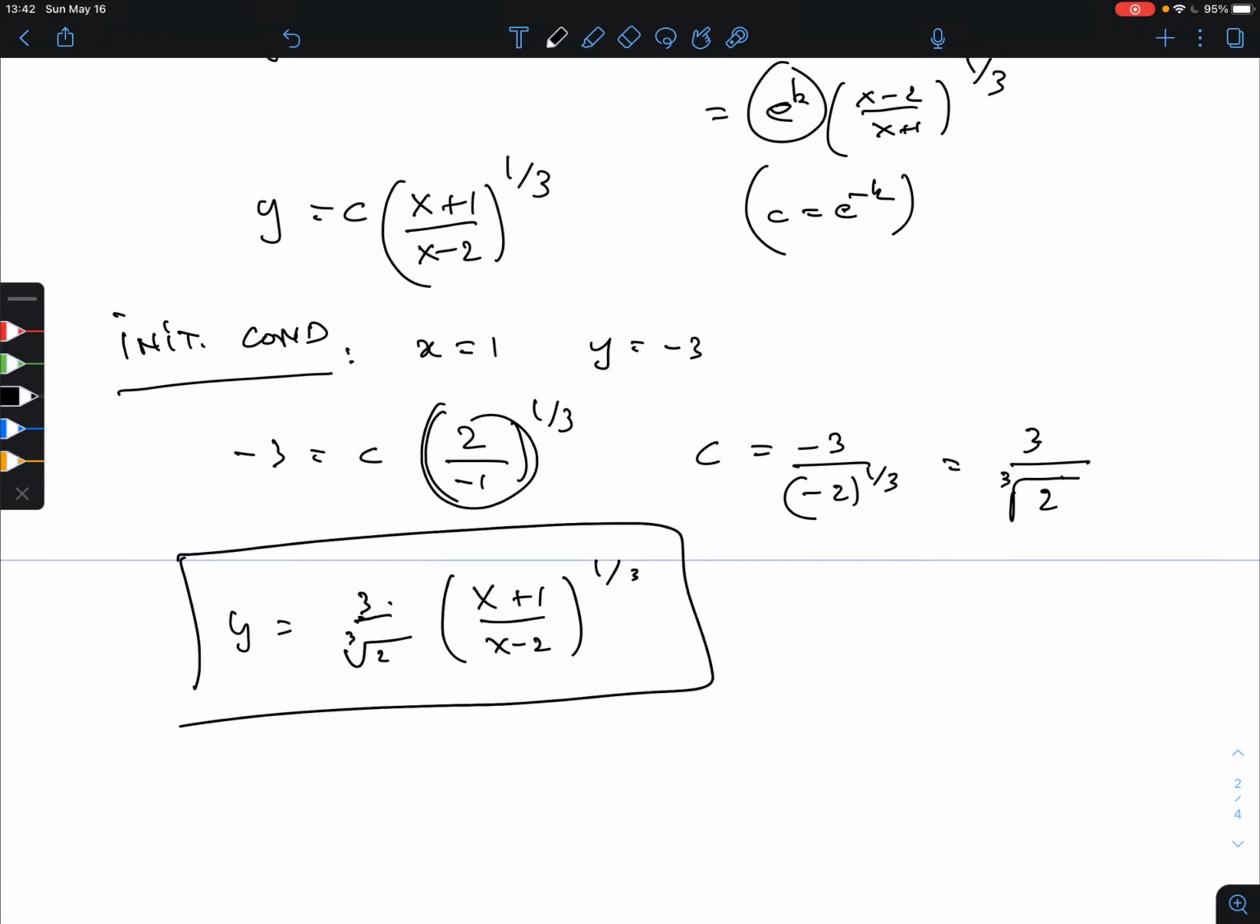All right. So that's our homework for separable equations. The separating variables will be for